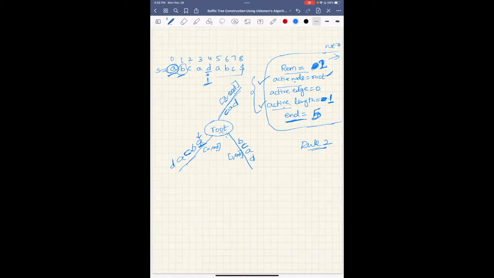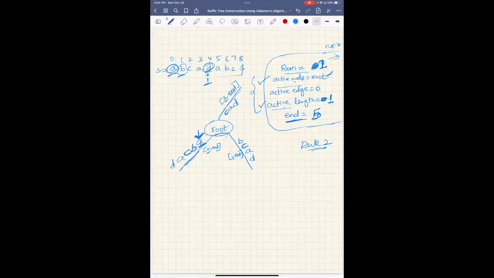If you see here, active node is the root node, active edge is 0 and active length is 1, which means in the previous phase, the pointer is here. Now as per rule 2, we have to check if this D has a path after A. Since we don't have D after A and instead we have B,